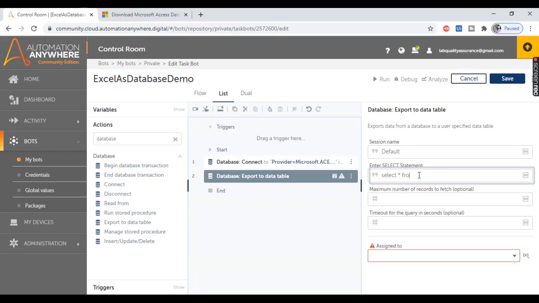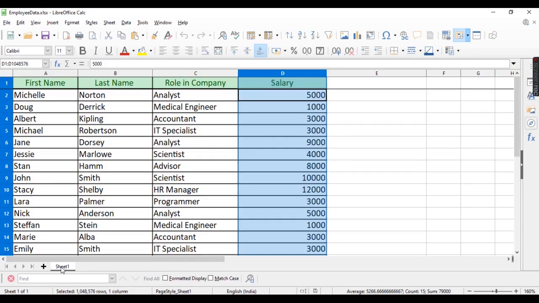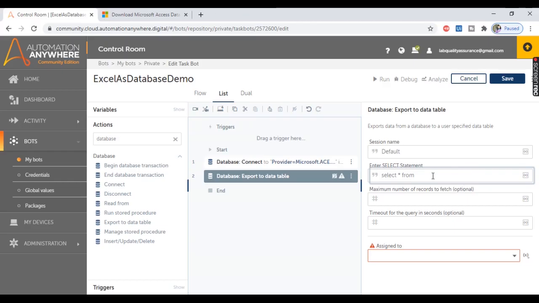So select star from, and here we'll have to provide the table name. Now in case of Excel as database, sheet names are used as the table names. In our case, the sheet name is Sheet1. So this sheet name we will use as table name. And how to write the table name, let me show you. We'll have to provide the sheet name inside the brackets. So provide the square brackets, and inside the square brackets provide the sheet name as Sheet1,